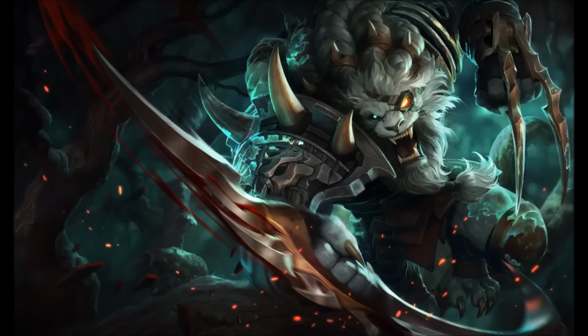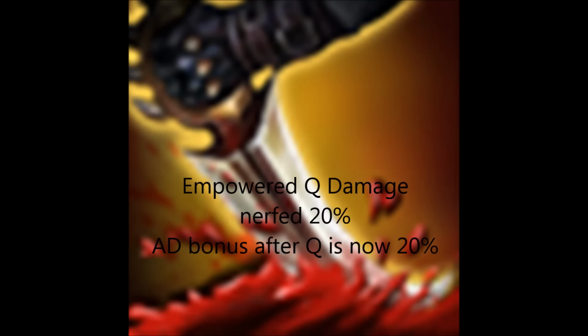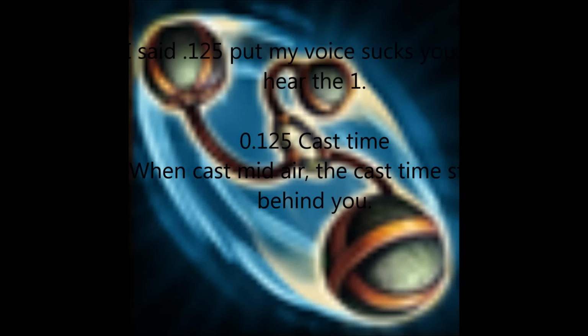What exactly changed on Rengar? The Empower Q scaling was nerfed by 20%, but the extra AD after using Empower Q is buffed to 20%, now making crit Rengar better. And the bullet was changed to have a 2.5 cast time midair and on the ground, and when you're midair